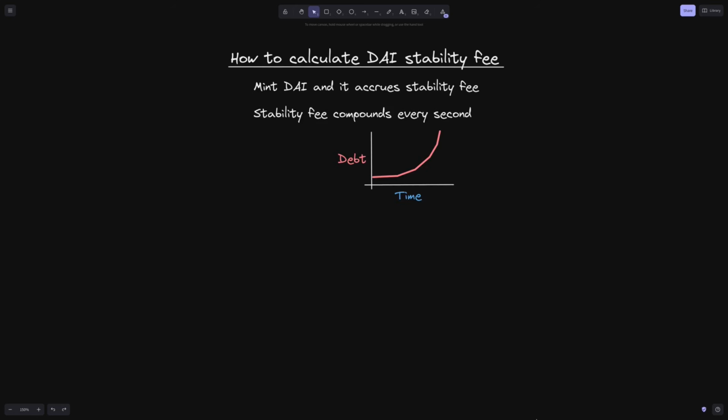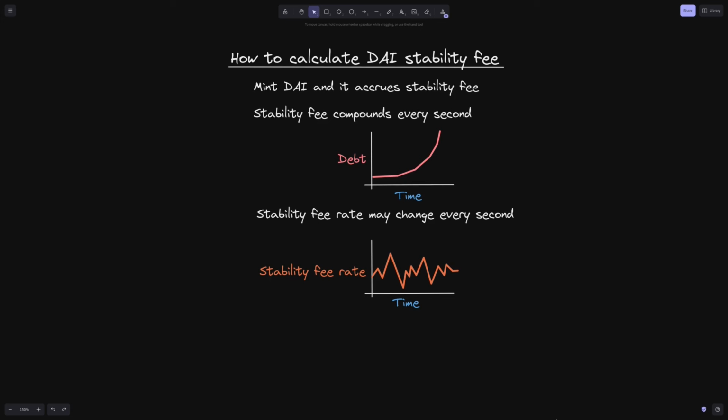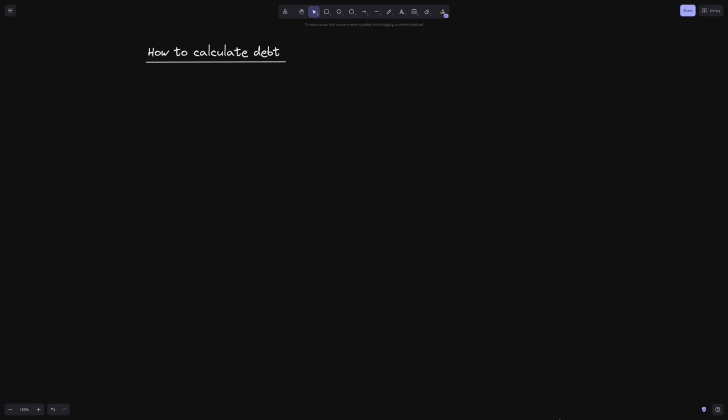The stability fee compounds every second. If you borrow DAI and then do not repay for a long time, then your debt will grow exponentially. Also, the stability fee rate may change at any second. So in theory, this stability fee rate can be different at every second. The algorithm that is used inside the DAI stablecoin system to calculate the stability fee for all users is not